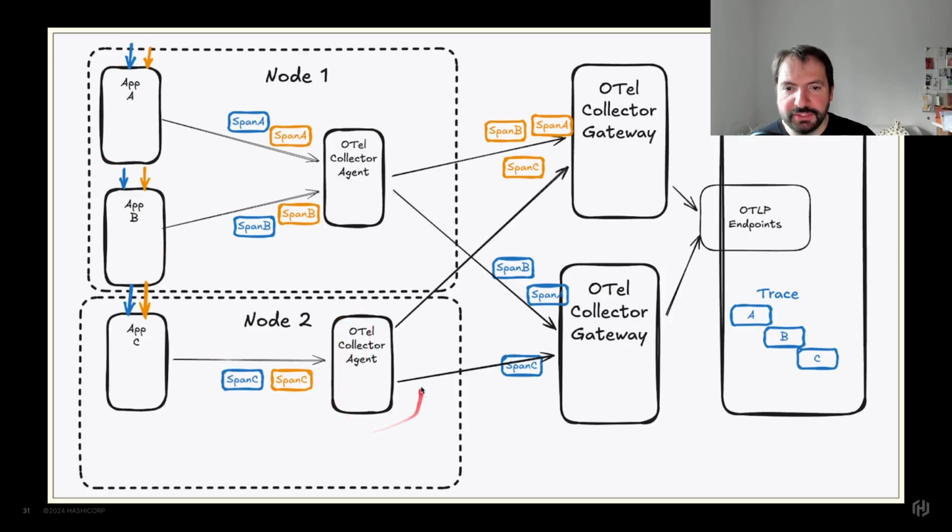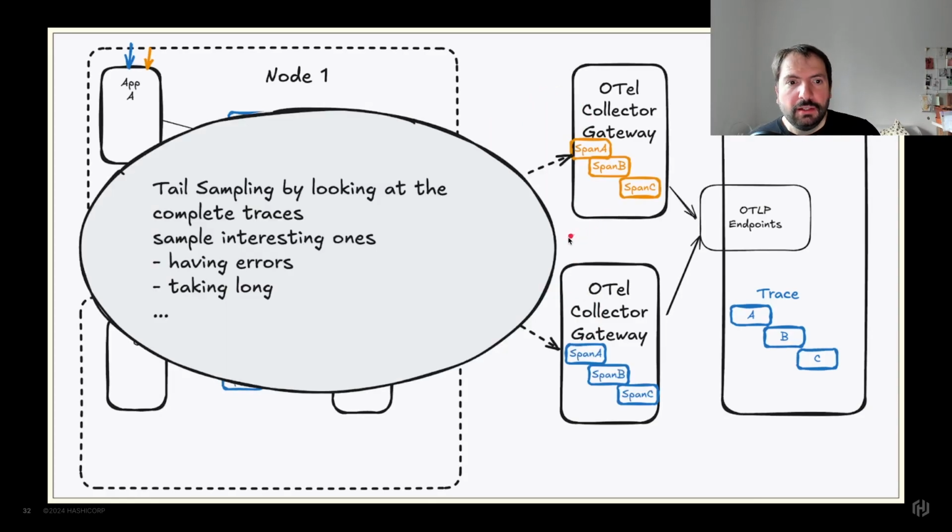But the OpenTelemetry agent then starts routing the spans by trace ID. So you can make sure that all the spans from one request end up in that gateway, while the spans from the second request end up that way. Which then allows you to do tail sampling,